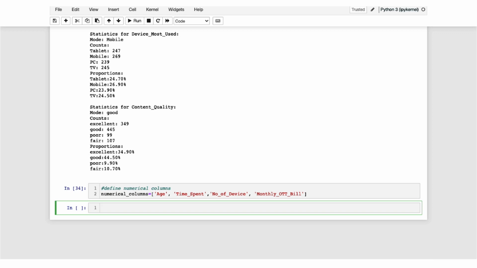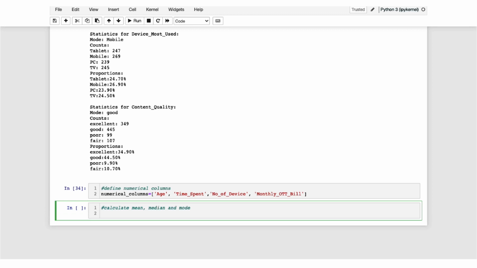Right? So if you can recall, for numerical variables, what are the measures of central tendency? These are mean, median, and mode. So we will use these over here now. First of all, I will calculate, let me just write a comment over here, calculate mean, median, and mode. Here again we will be initiating a for loop